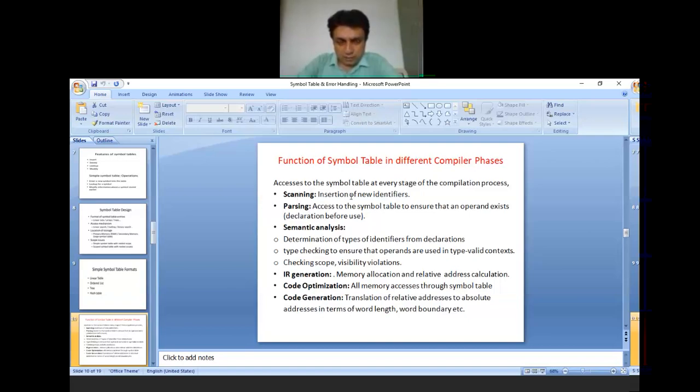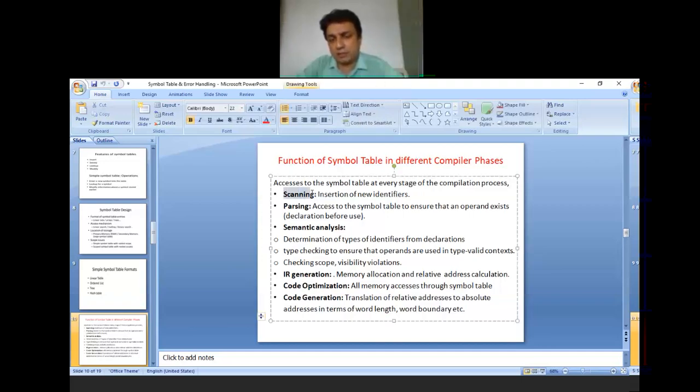In case of lexical analysis, which we also wrote as scanning, wherever you find lexical analysis, you can also find the word scanning. It means the same. In lexical analysis or scanning, the symbol table does the insertion of new identifiers.